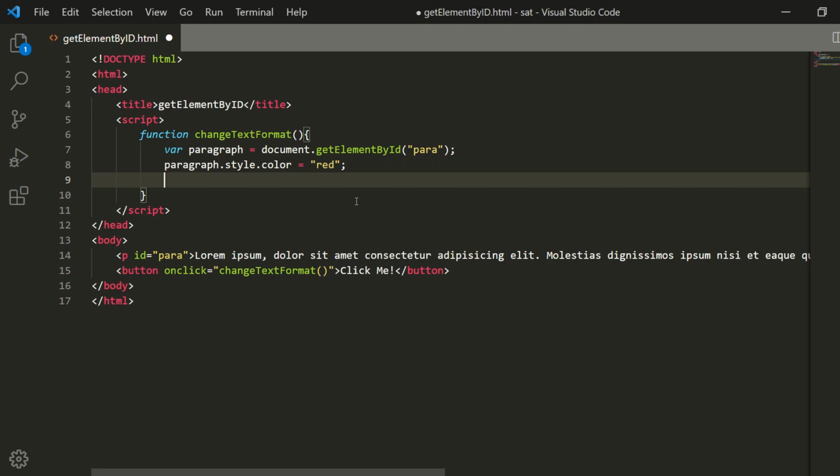Let's also try to add some background color to this paragraph: paragraph.style.background is equal to, let's say, blue. Let me save it and open this file in my browser.